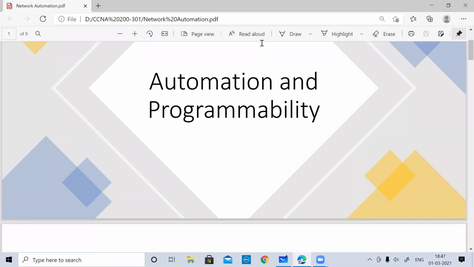We can make use of programming scripts to understand the information configured in the devices, or to push some configuration into the devices and monitor them as well. So configuration as well as monitoring can be done by writing some scripts and pushing them into the respective devices.